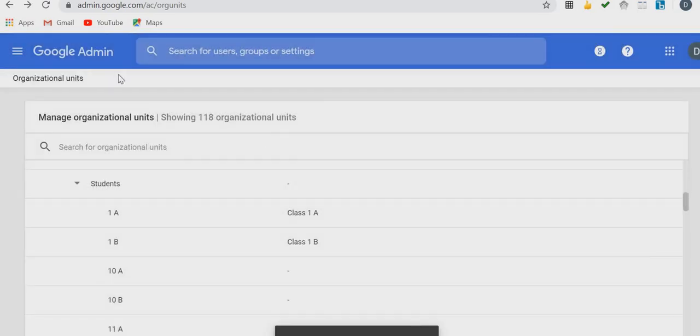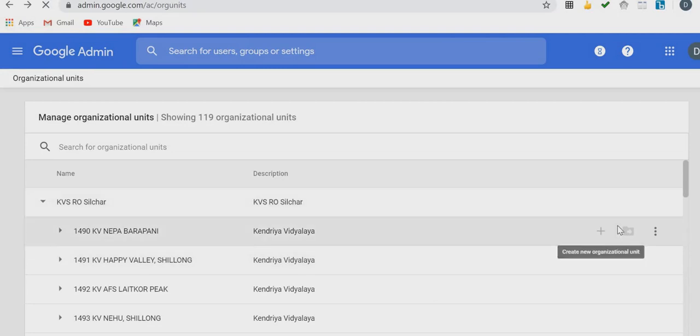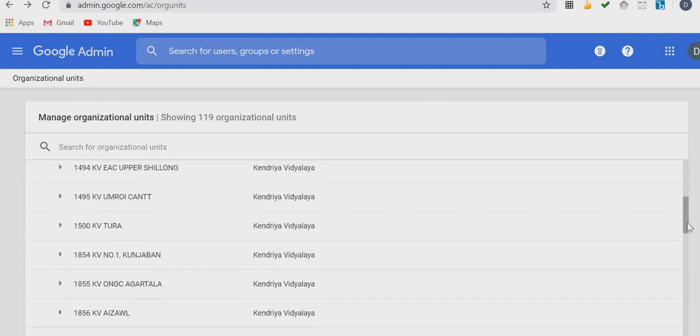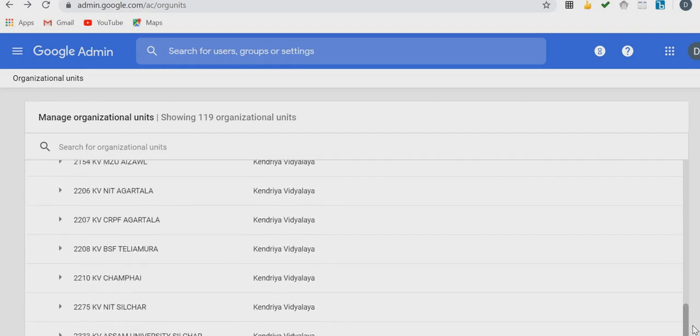Like this, I will just refresh it. Whenever you make changes, you just press the refresh button. Otherwise, sometimes the changes don't get reflected. So I will just click on this, and now I will search again for that KV ONGC Agartala.